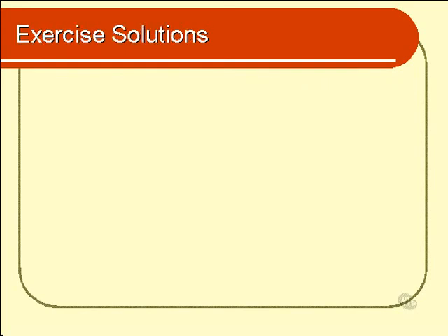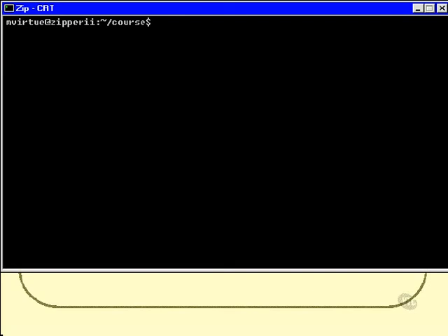And here are the solutions to the exercises from Chapter 2. How did you go? Well, let's look at the solutions. Let's start with the first of the two exercises. I've called the script read details,